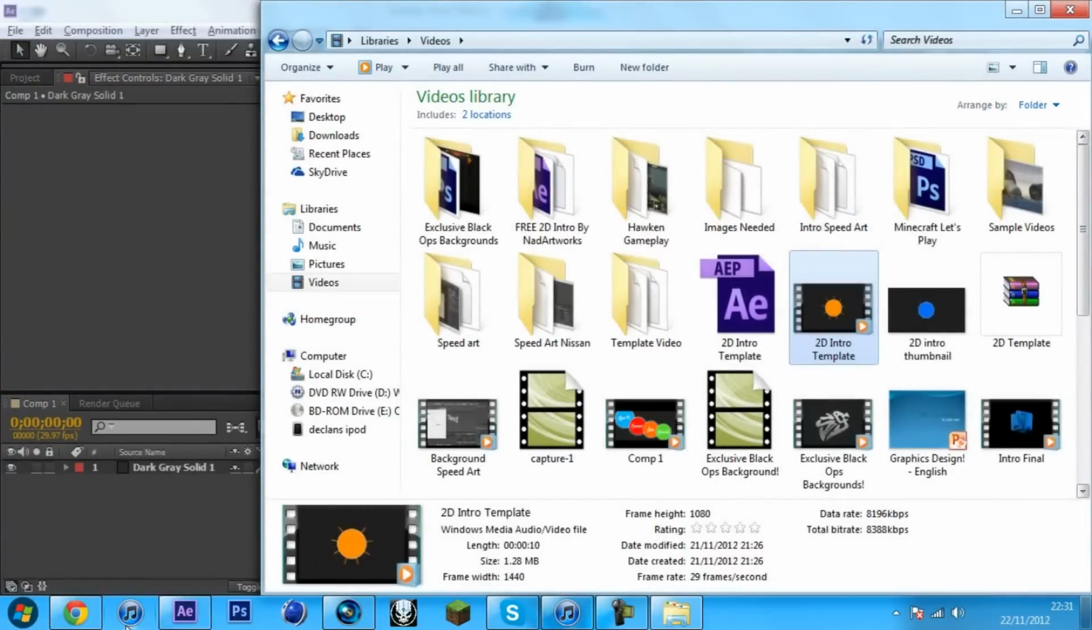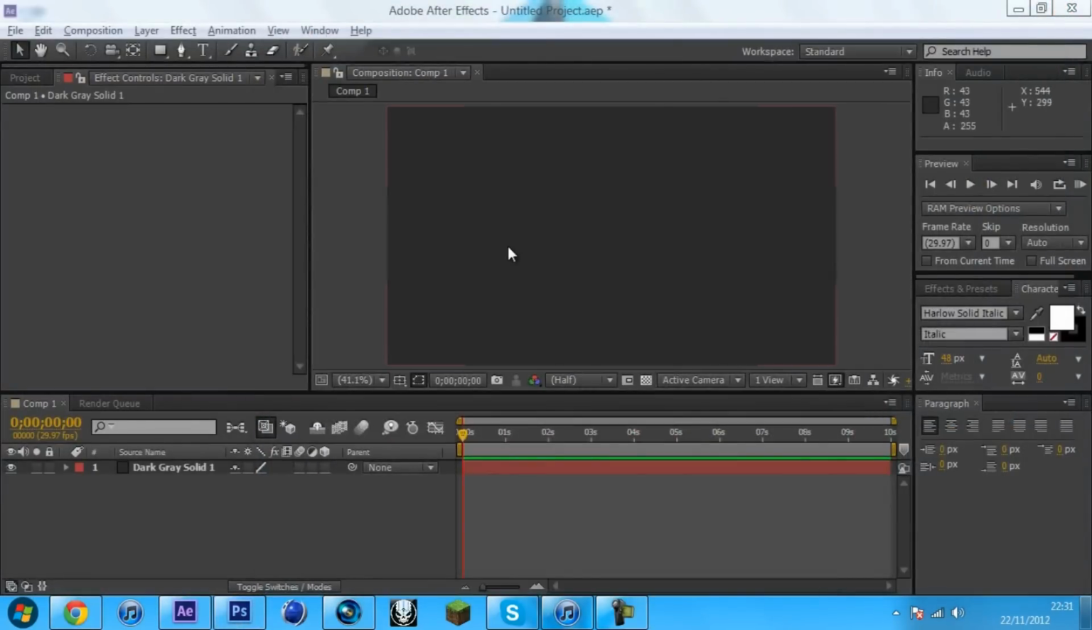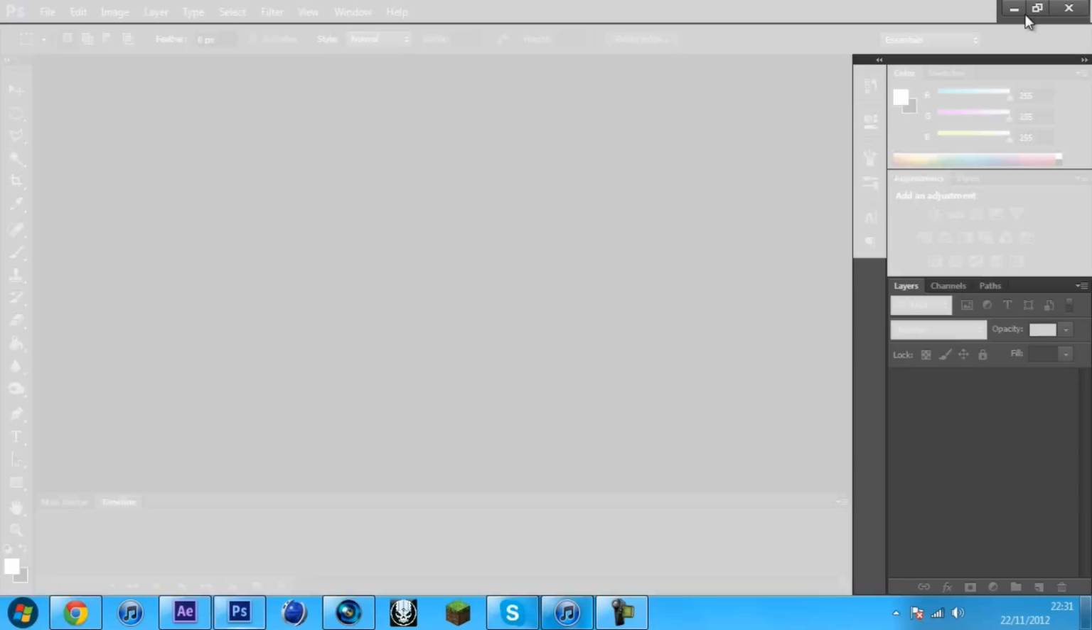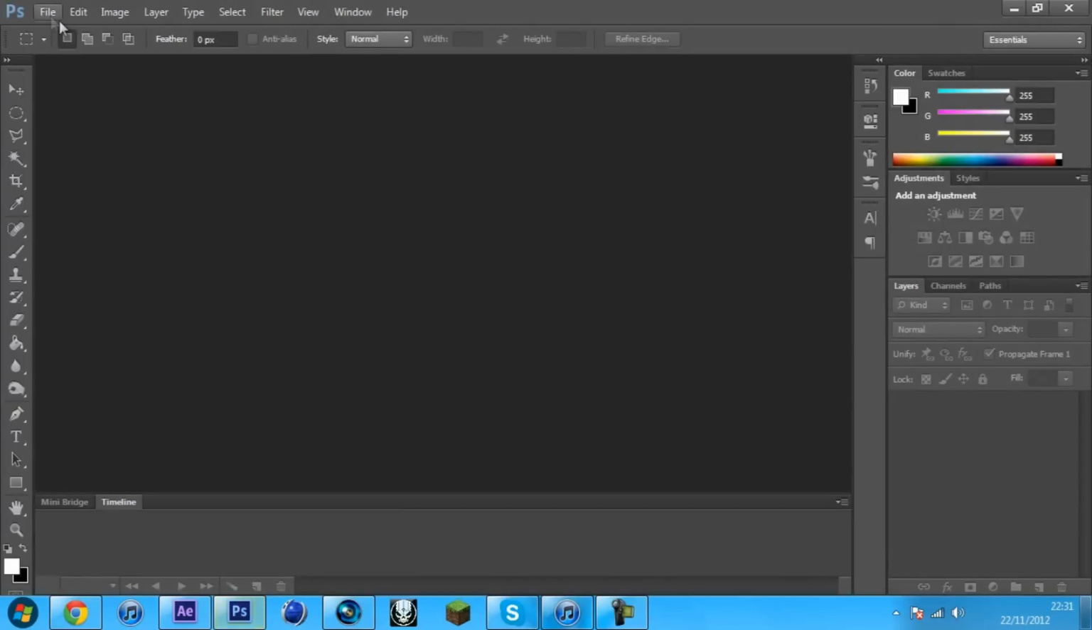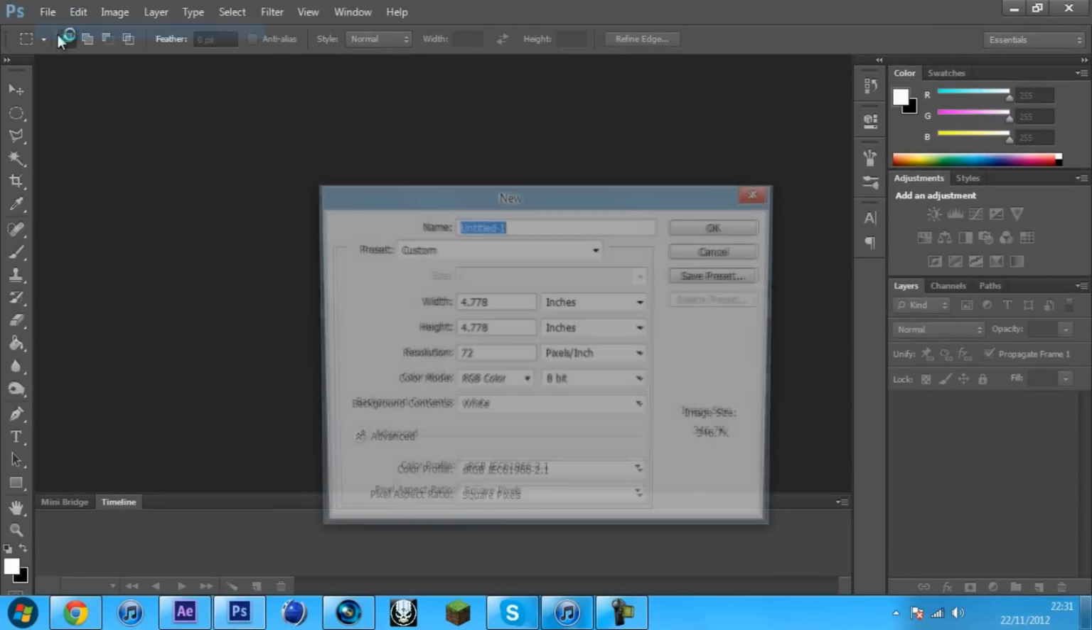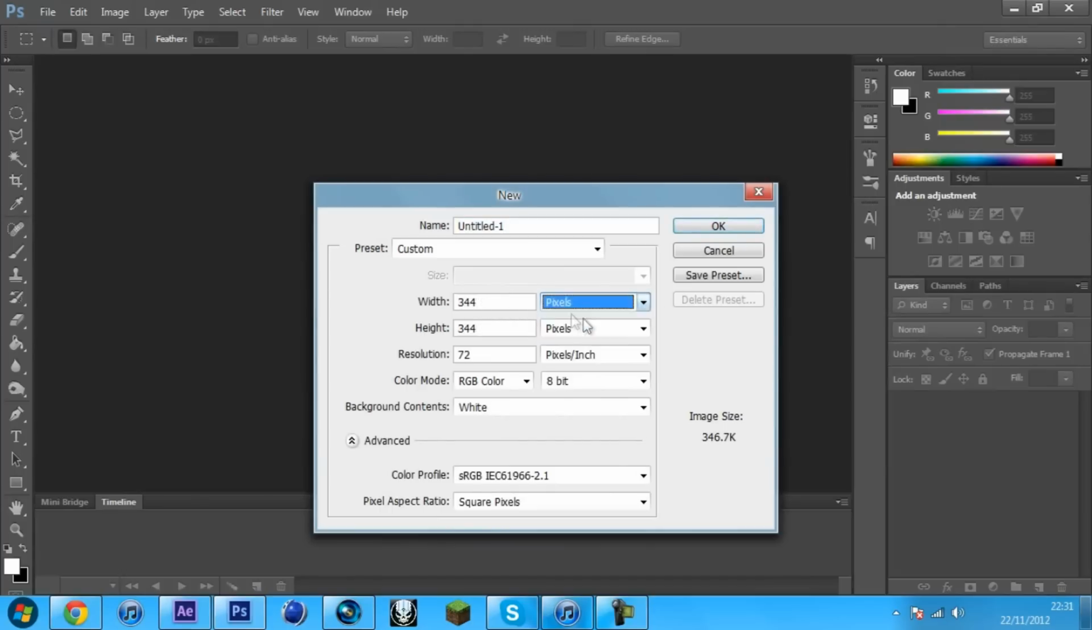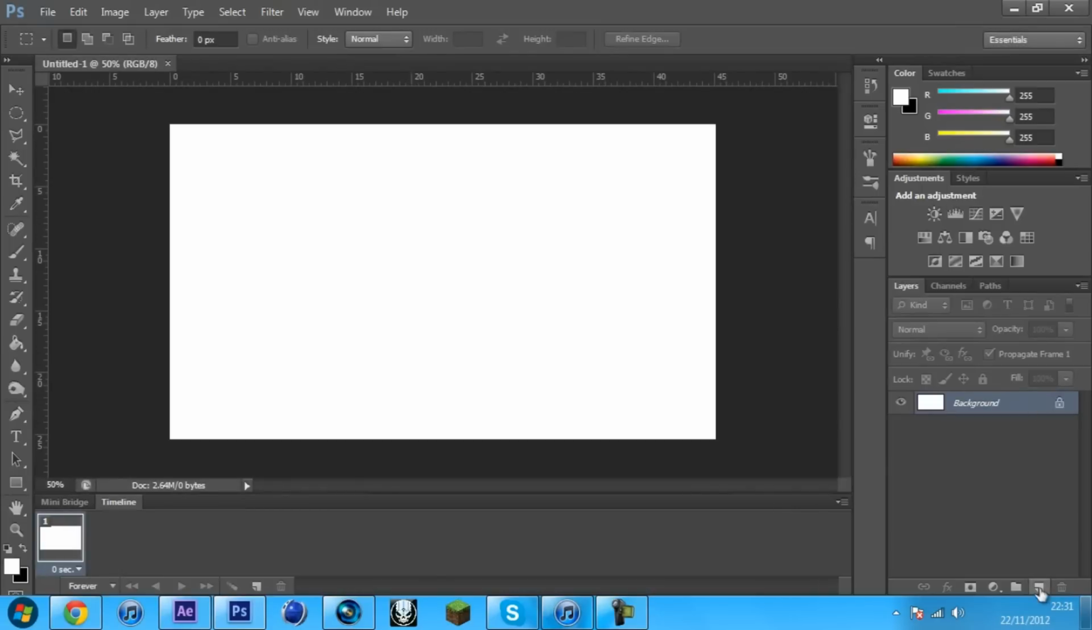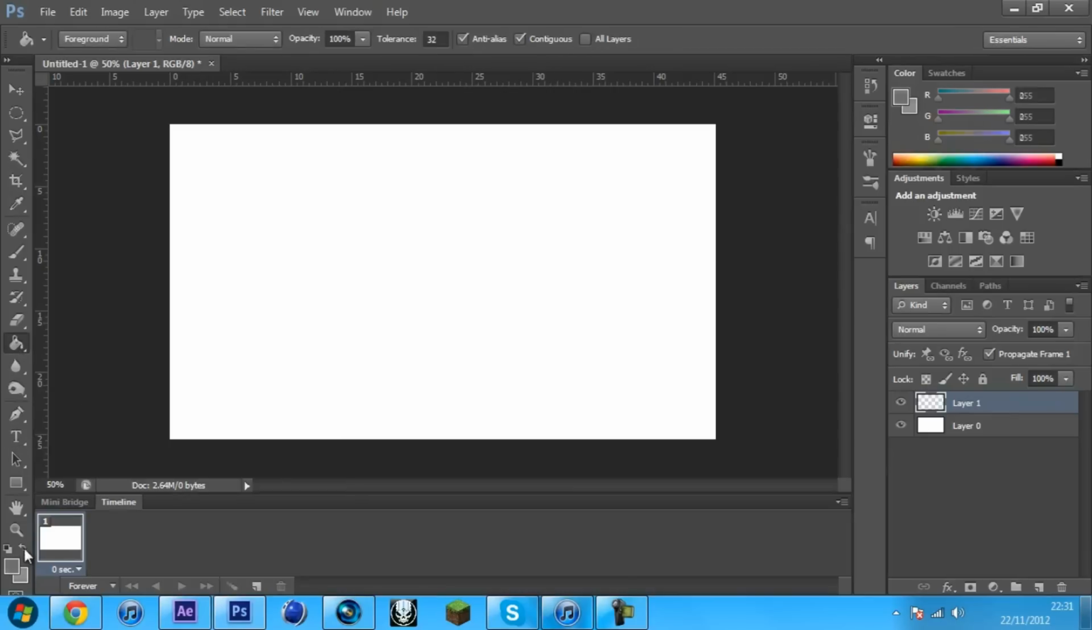So what you do, you need to open up Adobe Photoshop. Well, this is the easy way I do it anyway. I find it the easiest way, should I say. Get that open, open file, new, and make it 1280 by 720 in pixels. Then you want to make a new layer, double click that layer. In this layer you're going to want to make it black,